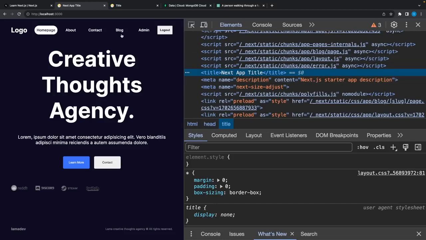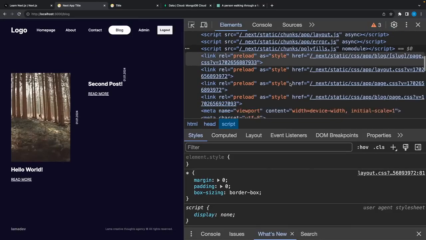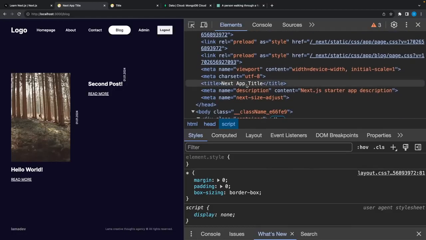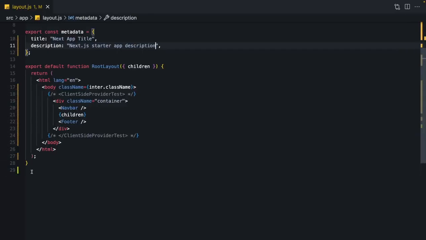But if I open the blog page, again, we are using exactly the same title and description, but it's not a good idea for the search engine optimization. We should give different title and description for each page, especially for our posts, products, whatever important for your SEO. Because people are gonna search for the title of posts or anything in the description. In this example, you can see that statically changing title and description is really easy. Just copy this metadata